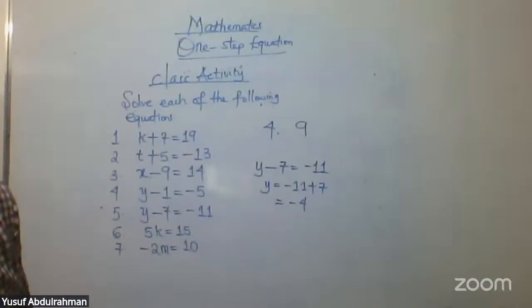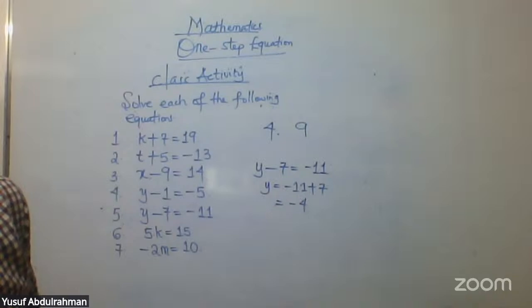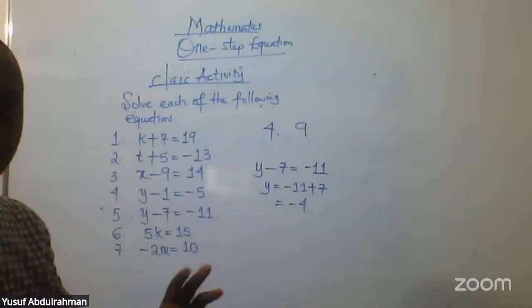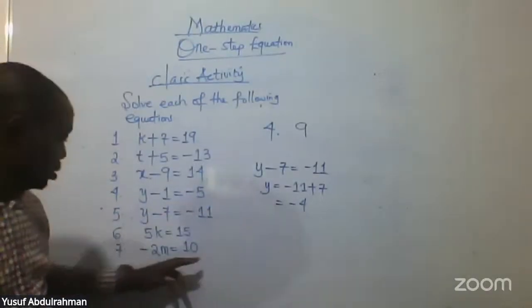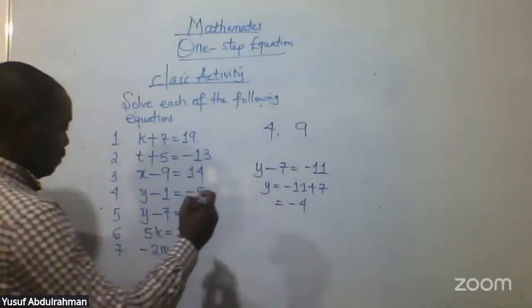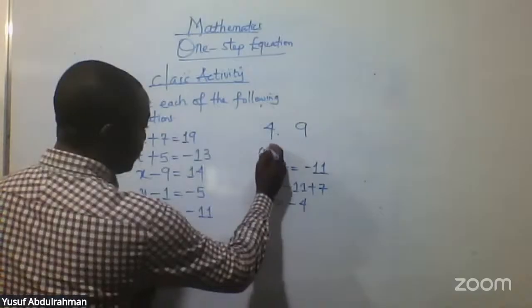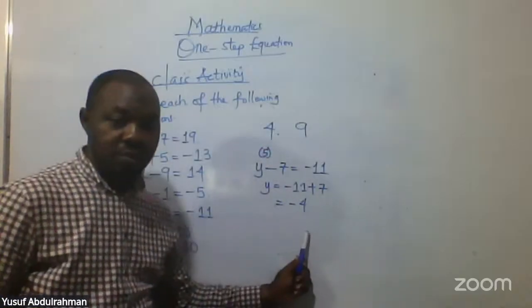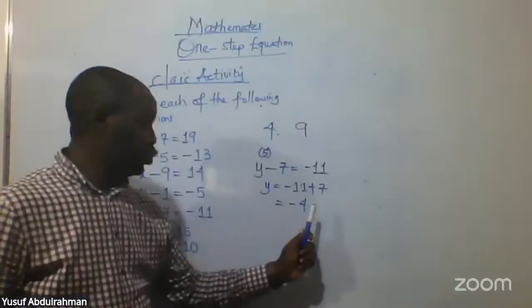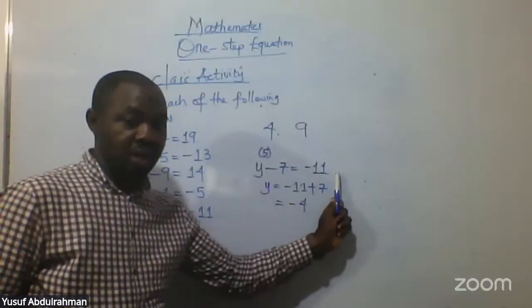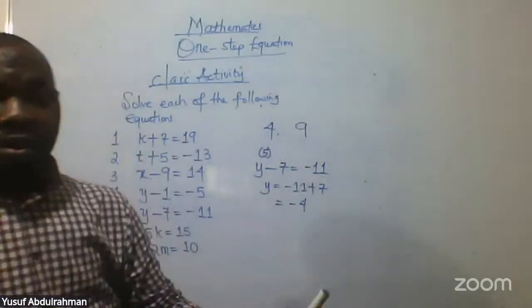All right. Now I have some test questions here. Let's look at real life applications of one-step equations. Are you ready? Okay, so have you written this? This is for question 5. Yes, question 5. The answer is what? -4. It will be -4 because we have to add 7 to both sides. So when we add 7 to -11 on the right-hand side,